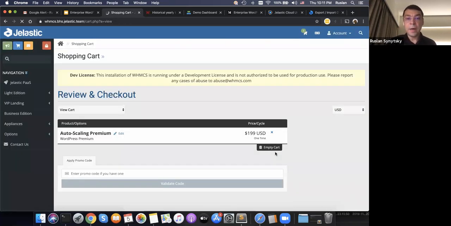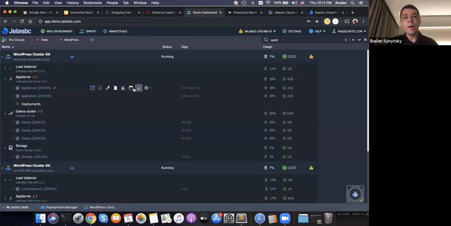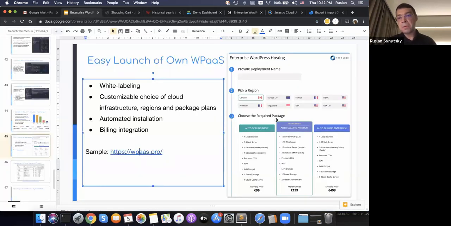So that's an example of how to make full white labeling of the platform and make it even simpler. By default, we provide an advanced UI for experts, for sysadmin guys, for DevOps guys. But it's possible to offer less advanced customers a simple landing page, specifying just environment name, email, and that's it.